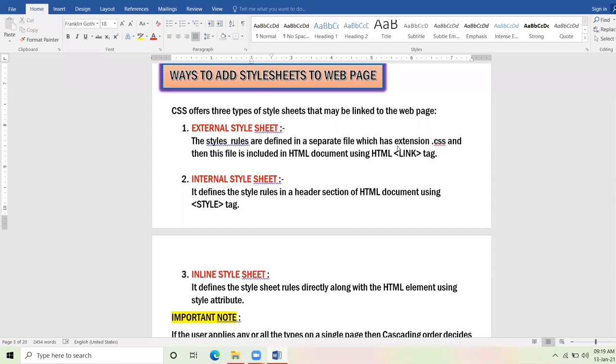So in how many ways can you add a style sheet? Beta, there are 3 ways in which we can create our style sheet: inline, internal, external. I told you earlier also, if in the board examination you get a CSS coding question, but the question is silent about the type of style sheet, they haven't asked whether to use inline or internal or external, that time you can use any method.